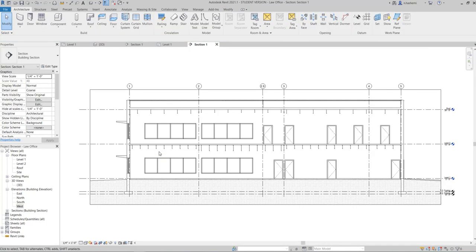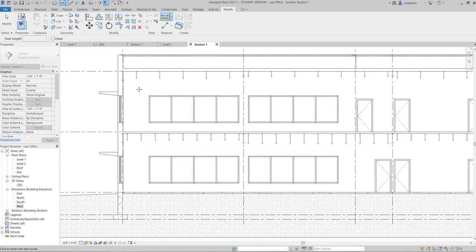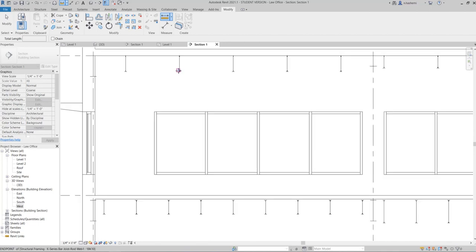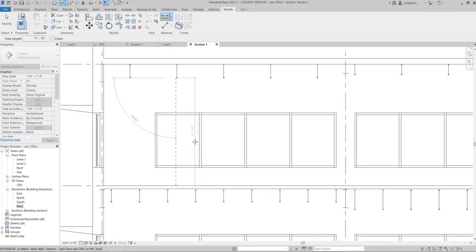Now, the next tool I want to talk about is the measure tool. We have the measure tool located here at the top. We also have it in the modify tab here. So this is actually the same as distance in AutoCAD, okay? So you just need to click and then you can measure the distance between 2 points anywhere in your drawing, okay? So for example, you can see that the snap is activated right now, the end point, midpoint. So you can just click and then click and you have the distance here, okay? So the height from here to here is 11 feet 10 inch.